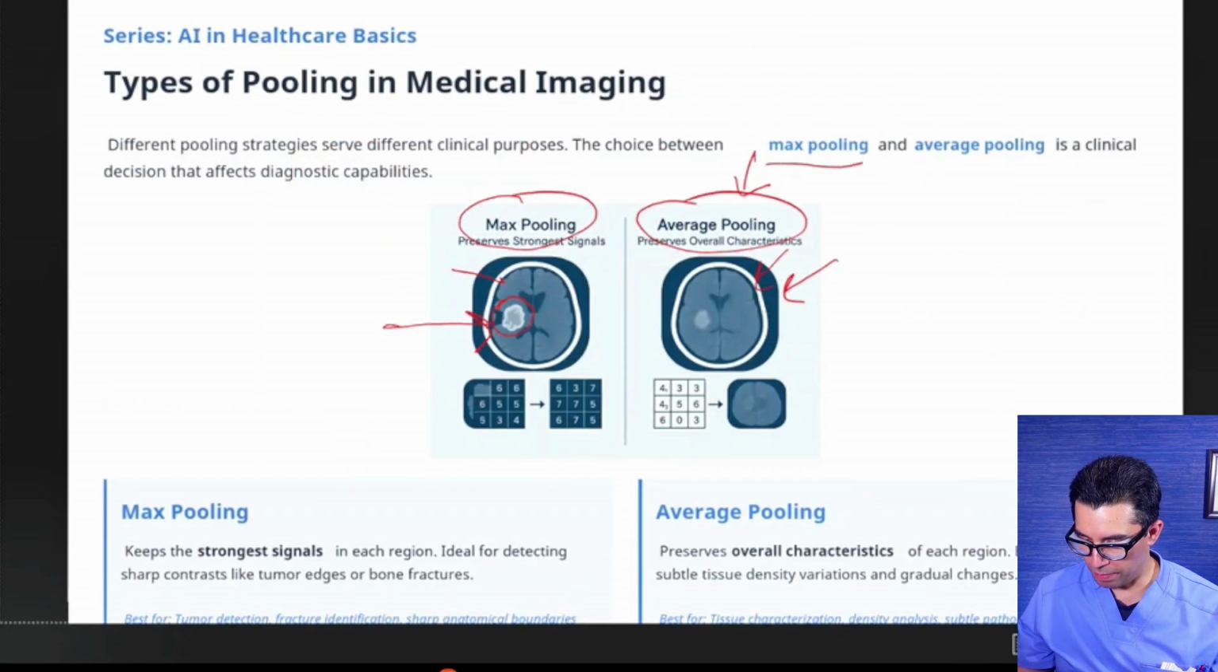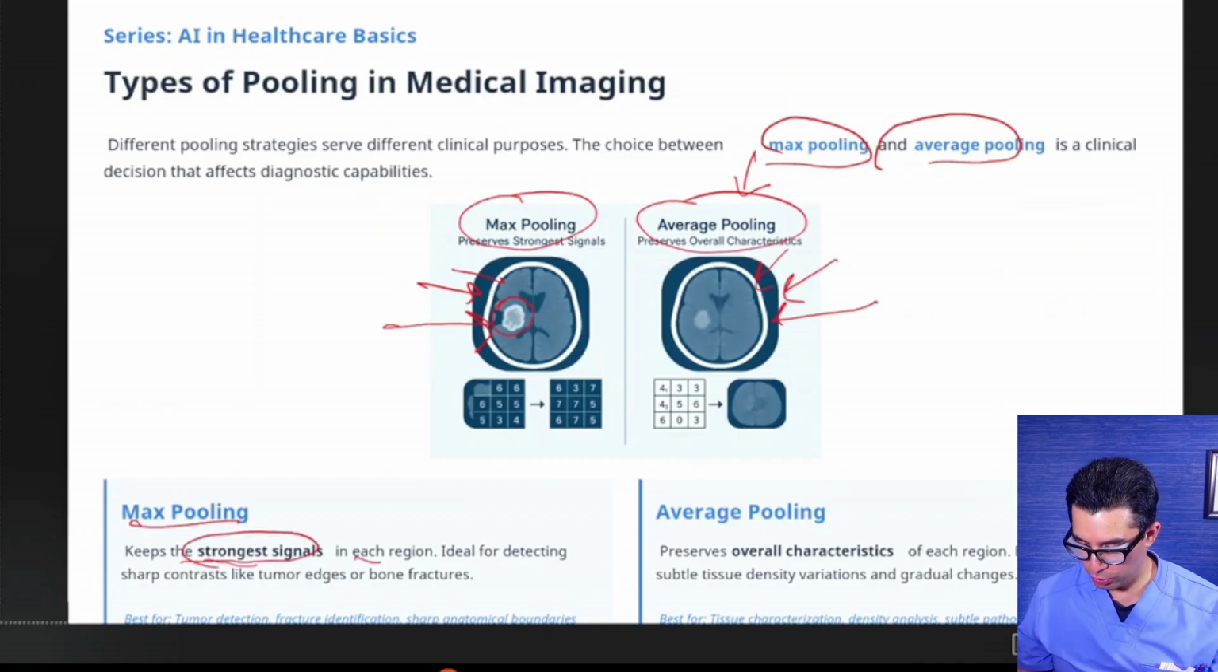Then we discussed max pooling and average pooling. And you saw that max pooling was getting us a more defined image, and average pooling was not giving us such a defined image. Max pooling keeps the strongest signals in each region, ideal for detecting high contrast objects like tumor edges or bone